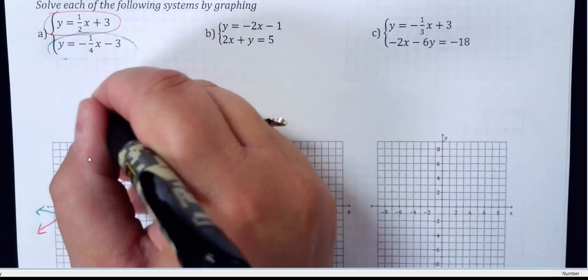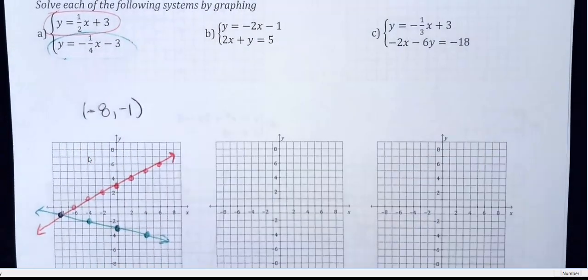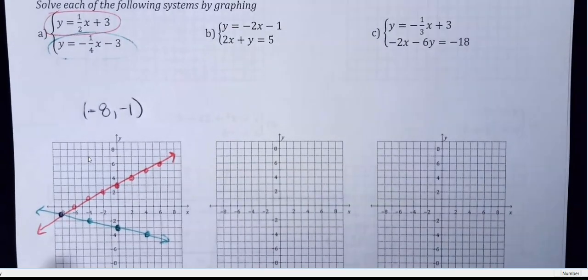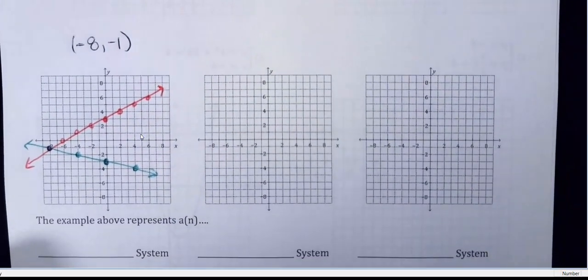-8, -1. That's going to be my answer. Okay, now I'm going to just go below the graph here really quick and give you just a little